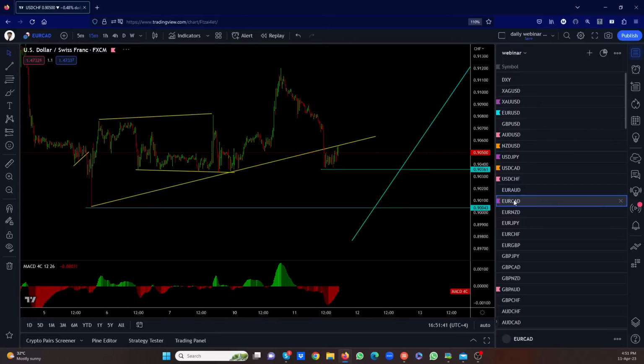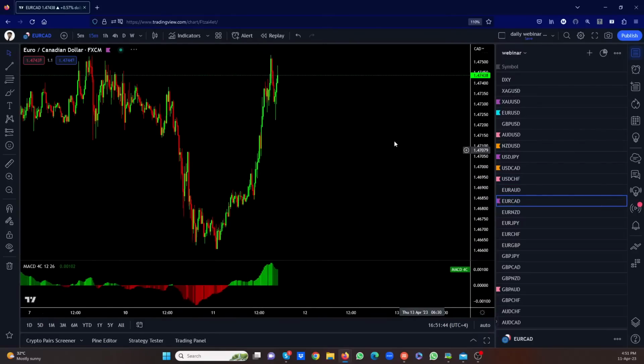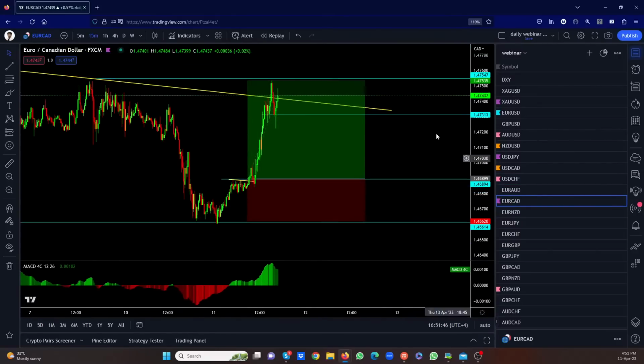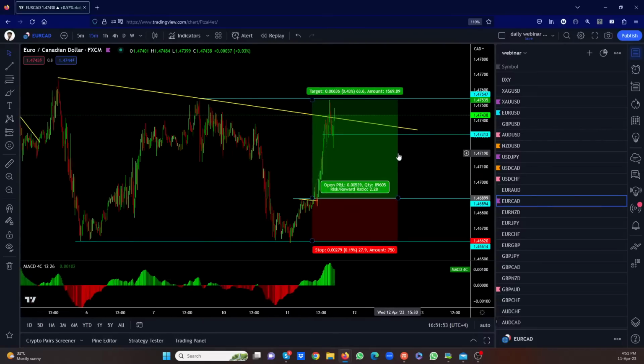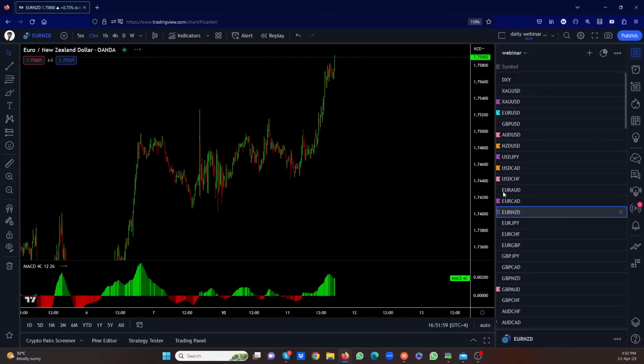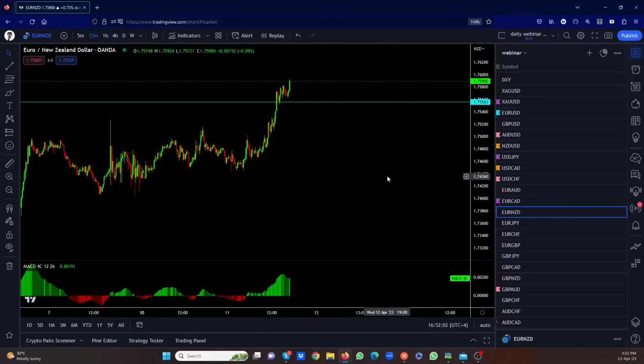Euro CAD, let's see what it's doing. It's kind of consolidating. If it consolidates there, we will go. This was the trade this morning. That was the buy. If it consolidates in this range, we might go for the next buy, but that will be tomorrow, right? If it consolidates, it's a flat. It will be a flat, not a flag. Euro New Zealand is going up some more. There's no trade you should take at the top there now. Not in the New York session, at the top of the structure. You're gonna get yourself in trouble.